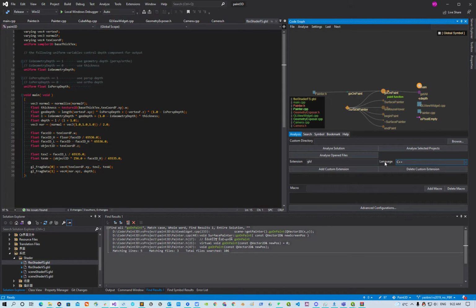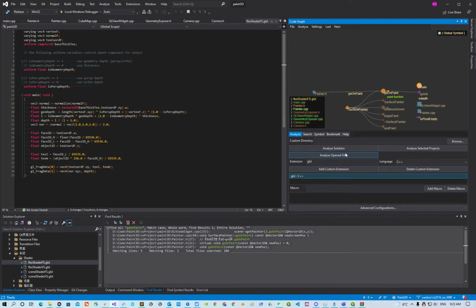Sometimes there are some differences between the custom language and the language listed here, but it doesn't matter, because in most cases Doxygen can analyze most symbols just using the semantics and grammar of the language you choose. So I choose C++ and add the custom extension,